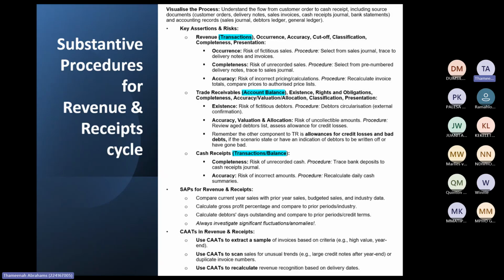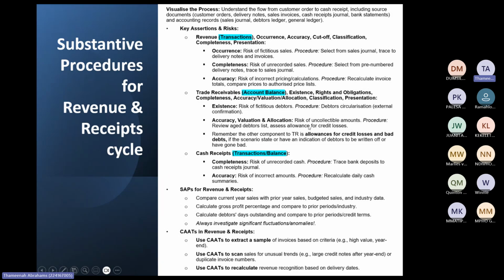Then we will write a letter to the debtor and we'll say, we're the auditors of XYZ and we've noted that your balance as at December 2024 was this amount. Do you agree or disagree? And then they will send it back, agree, and sign it. So you get an external confirmation. But remember, you get positive confirmation and negative. You must just go see what's the difference. I think the one is where if the debtor doesn't respond to you, you just assume the balance is correct. And for the other one, I think they must respond to you and sign it. I'm not sure. You can just go check what's the difference.